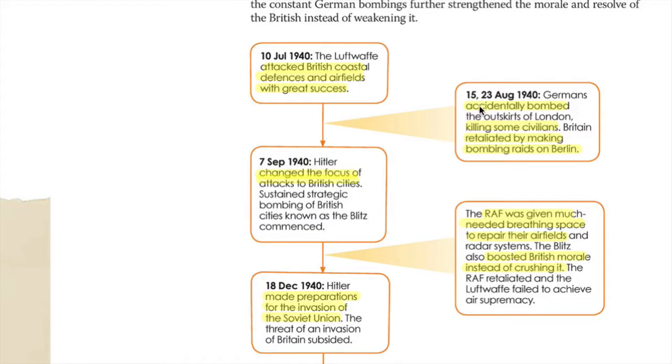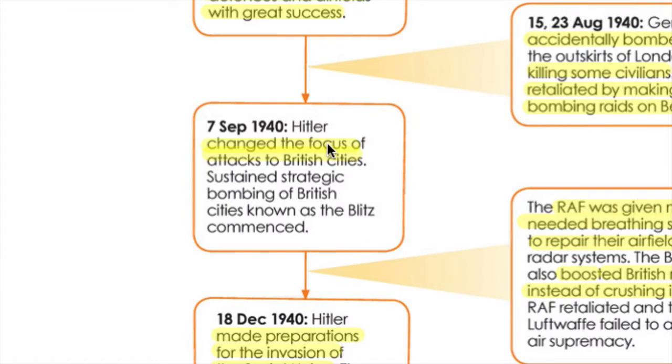But one of the German bombers accidentally bombed the outskirts of London, which is a civilian area, which is not an important target. Britain retaliated, sought revenge by making bombing raids on Berlin, which is the capital of Germany. Hitler then decided to change the focus of attacks to British cities instead, as a form of